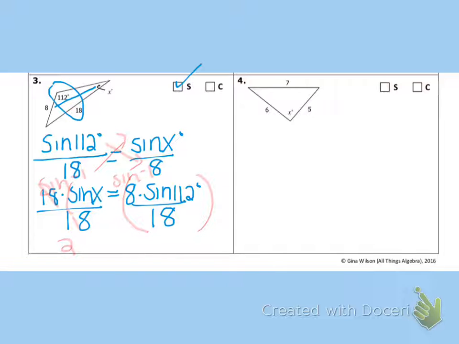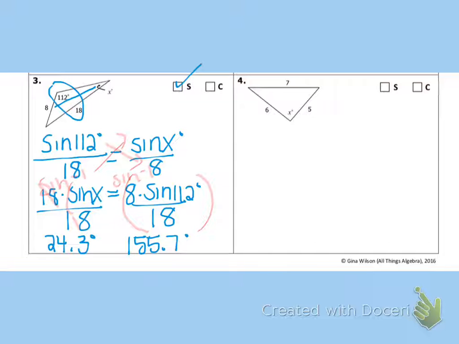Okay, so 24.3 degrees is one of the possibilities. Now the other possibility is there could be the supplement to that. Now the supplement to 24.3, let's see, so 180 minus 24.3 would be 155.7 degrees. Now if we look back at the triangle, there's no way that this 155.7